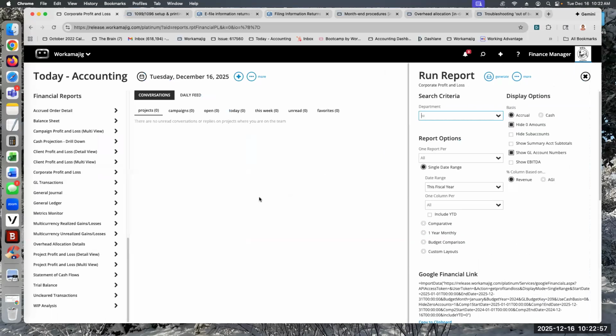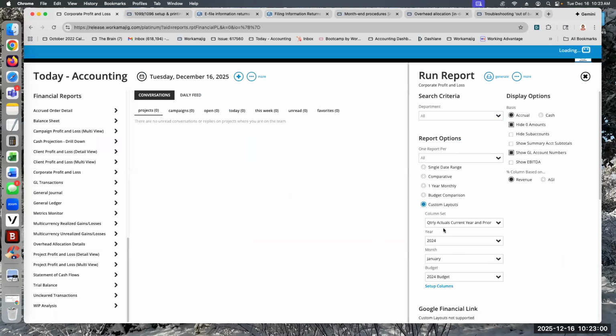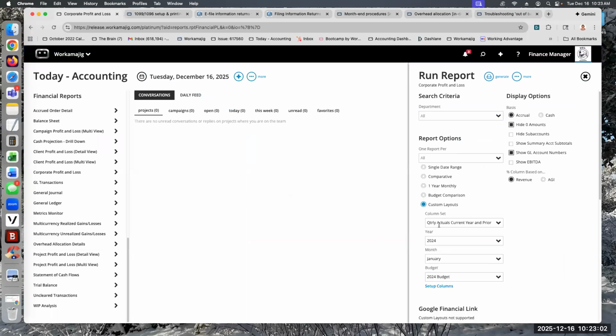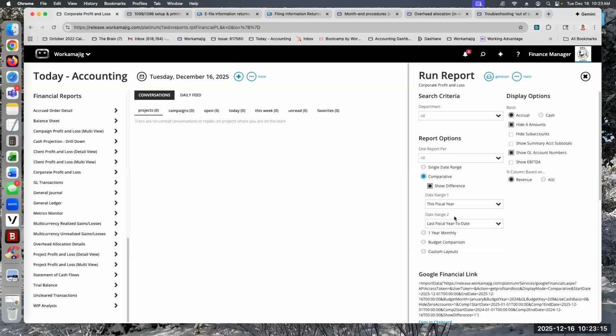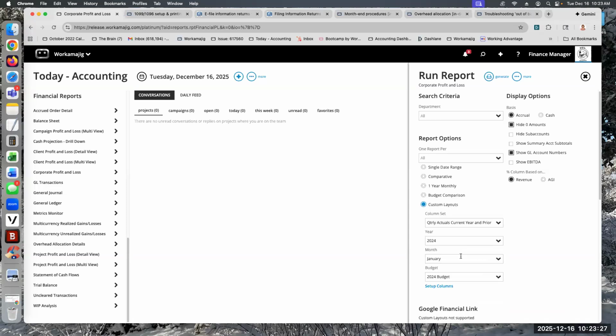All right, last one I'm going to cover here is, if you're running your corporate P&L, one of the things that you can remember is that you can actually create a custom layout in your corporate P&L. Now, in your corporate P&L, we can do a comparative, last year to this year, or 2 years ago to 3 years ago. You can do a 2-year span or 2 different years that you can compare, but you can't go beyond that. However, we can create custom layouts that allow you to create different versions on your own,